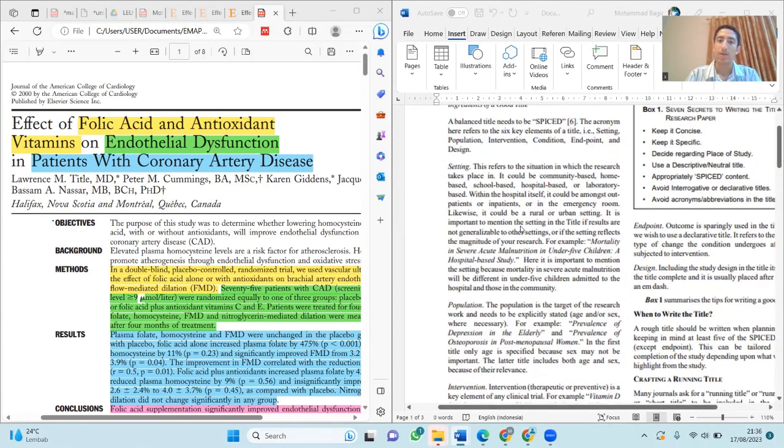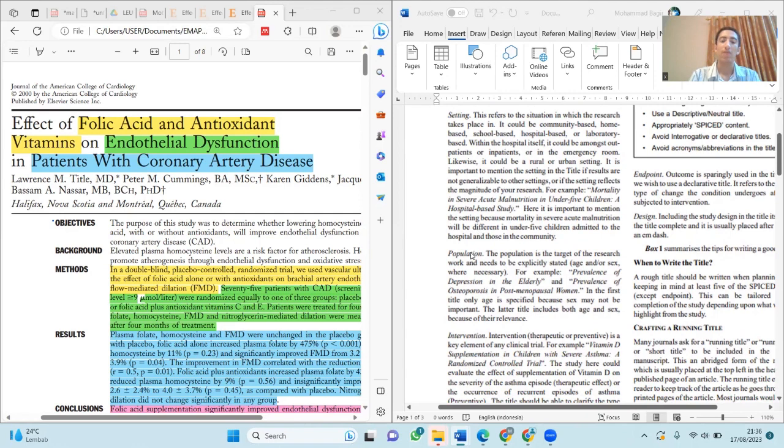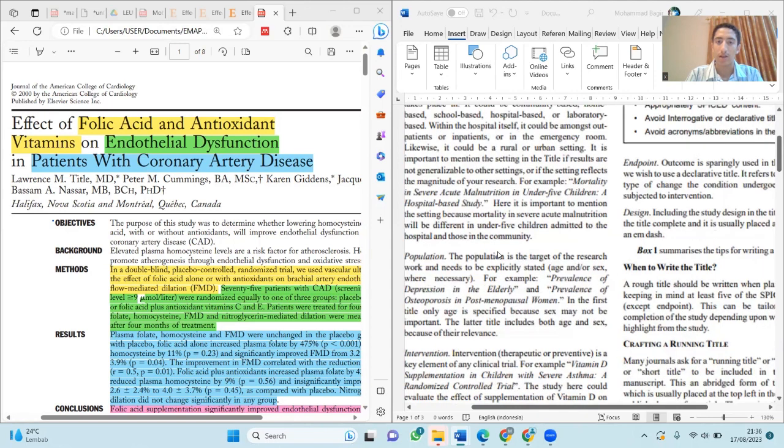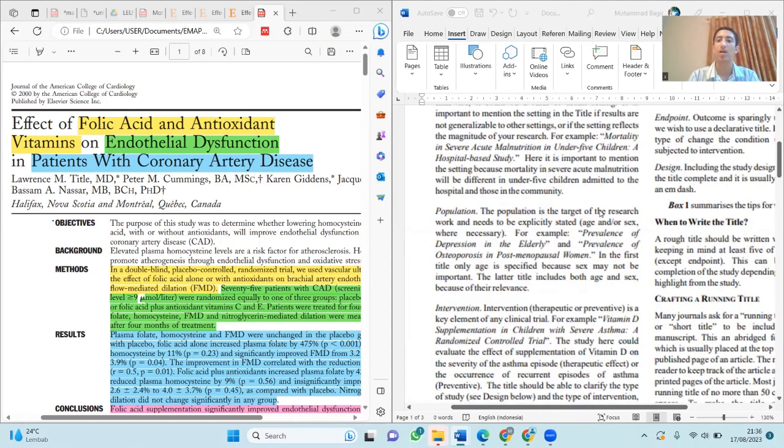First, settings. In my article, we cannot find settings. There are no words like hospital or room anywhere. So setting is no. P for population. The population is the target of the research work and needs to be in an accessible state. In my article, P